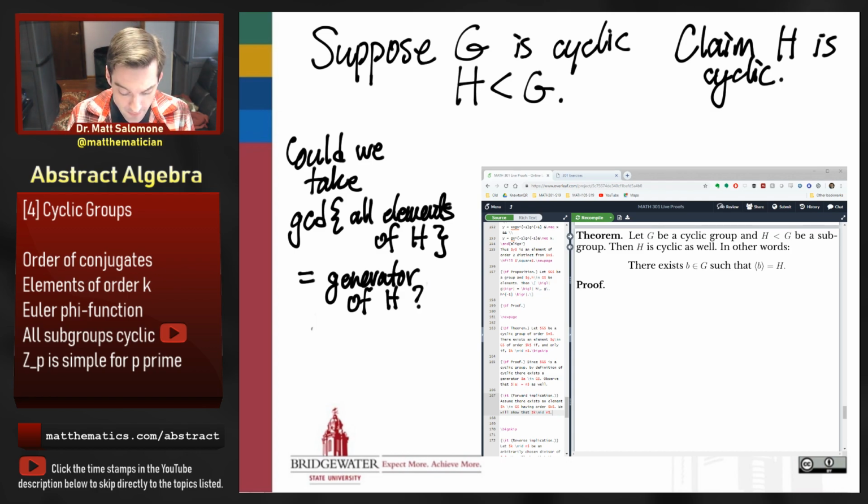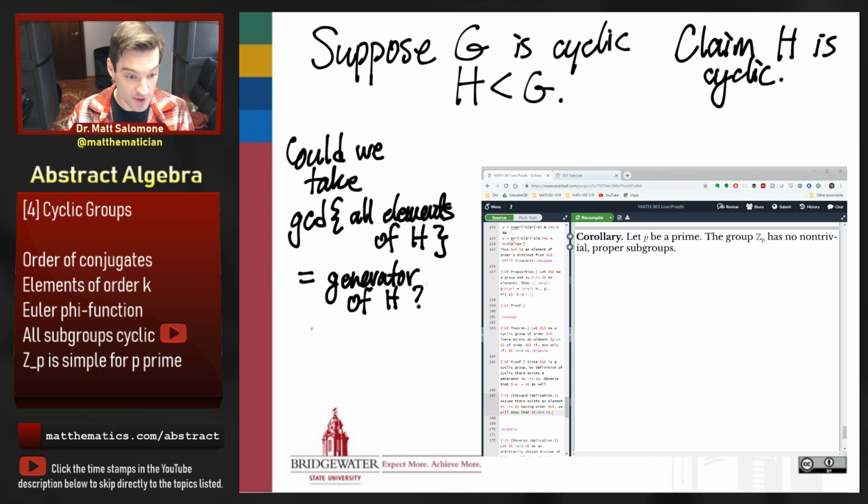But I'm getting too late into my stream today just to fill in all these details, so I'm going to make another apology for this one. Let's just do what we still have time for, which is this very last element, to show that if P is a prime number, then the group ZP, the additive group of integers mod P, is a simple group. It has no subgroups except for the ones that all groups have, the trivial subgroup and the entire group. So let's take a look at the proof for this.